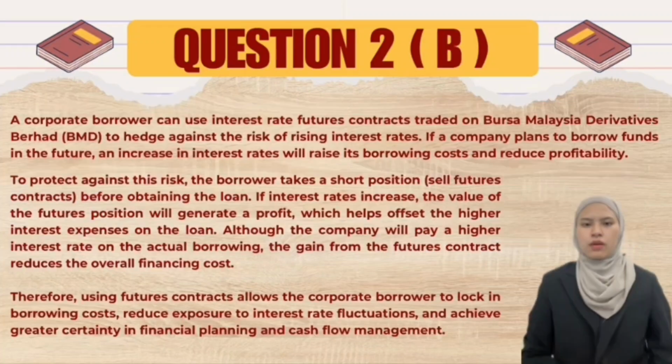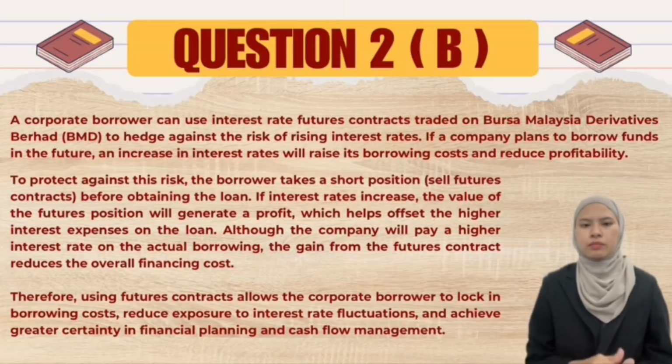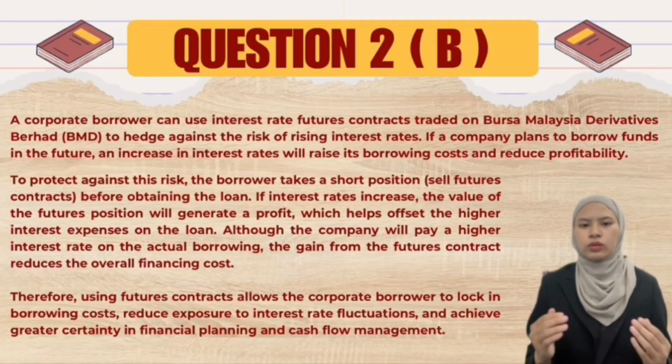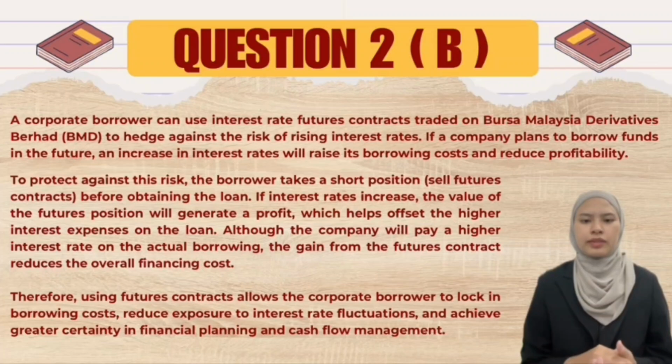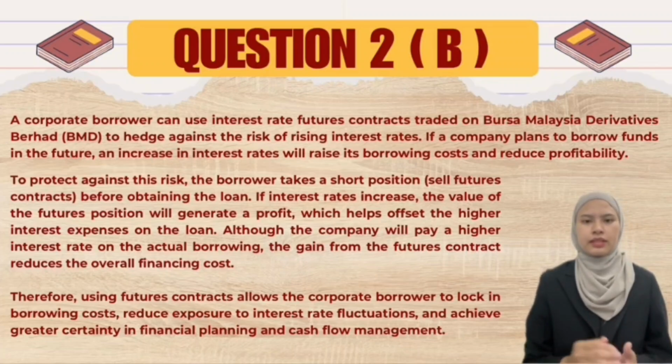18,512.50. For question 2b, a corporate borrower can use interest rate futures contracts on Bursa Malaysia Derivatives to hedge against rising interest rates. Before taking a loan, the company sells futures contracts. If interest rates increase, the futures position generates a profit, which helps offset the higher borrowing costs. Although the loan becomes more expensive, the gain from the futures contract reduces the overall financing costs. Therefore, this strategy protects the company from interest rate fluctuations and provides greater certainty in financial planning and cash flow